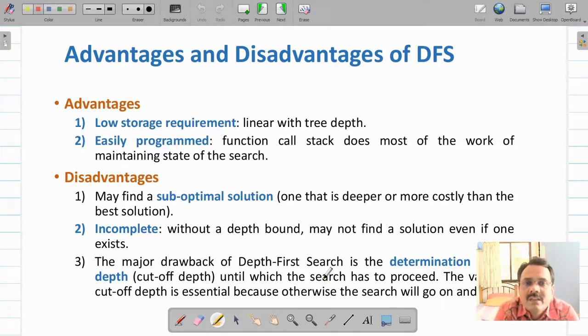Come to the advantages and disadvantages of this depth first search algorithm. As we have seen, it requires linear storage, so therefore in terms of storage space requirement, algorithm is good. Then another advantage of this algorithm is that list that you have to implement, you can implement that as a stack. So maintenance of that is easy, so it can be easily programmed.